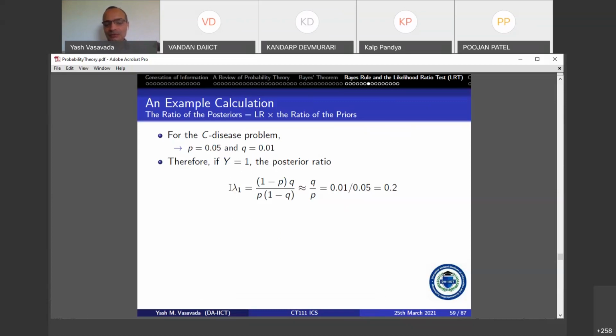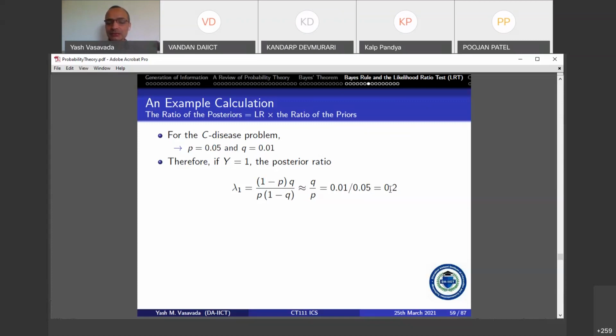So forget about lambda 0. You don't go look at lambda 0, you calculate lambda 1. Lambda 1 is this expression that we have just derived. Now what you will see is that you can actually ignore both 1 minus p and 1 minus q. Why? Because p and q are so small, 5% and 1%, that (1 minus p) divided by (1 minus q) is most likely going to be very close to 1. So we ignore that. Then the calculation becomes very simple, Q divided by P, and that turns out to be